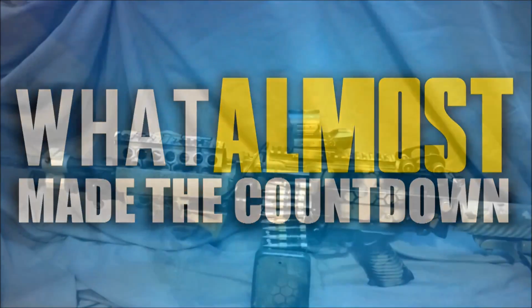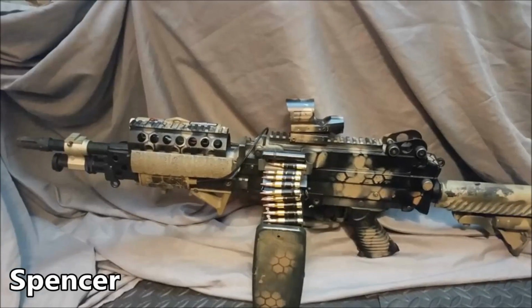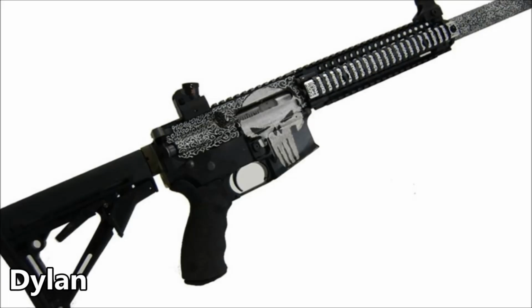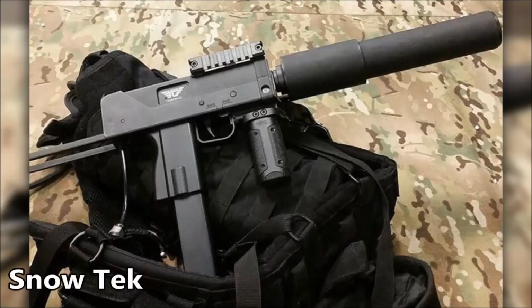These are pieces that just may have made it to the 10 through 6 spot, missed the deadline for submissions, or were too busy to reply to getting entry into the show. But all these owners may resubmit one day to a later countdown, so they can have their stories told for you all to enjoy. But with all that said, let's just see what kind of a monster lies behind the